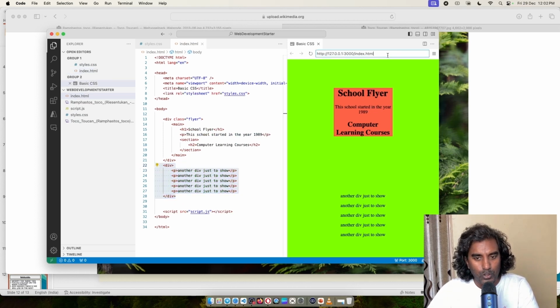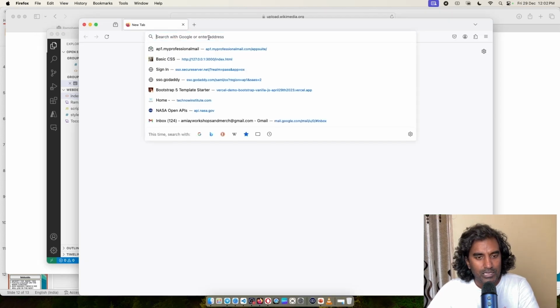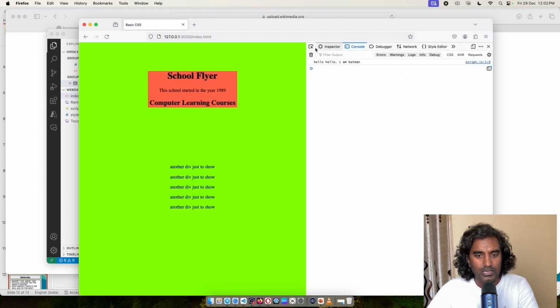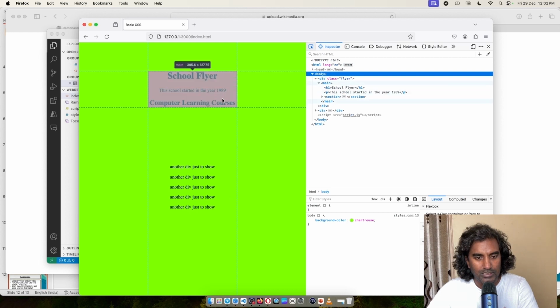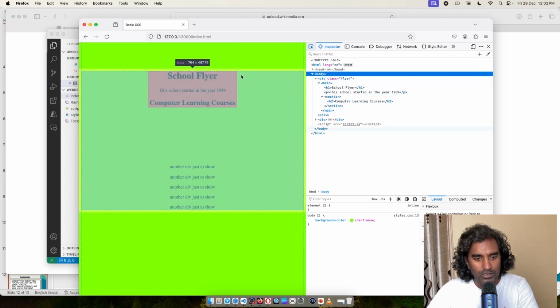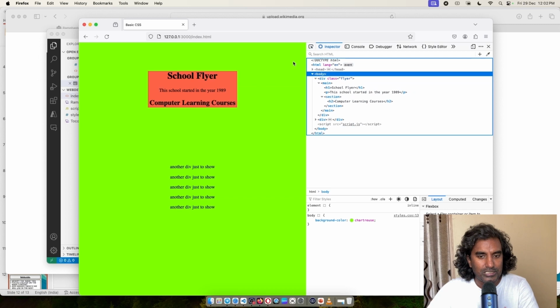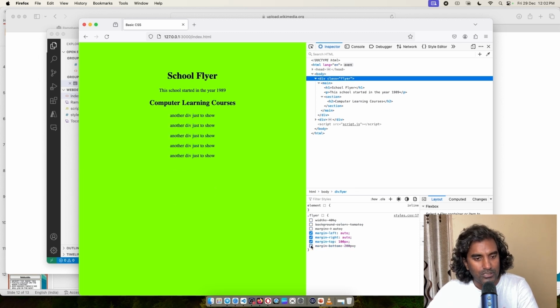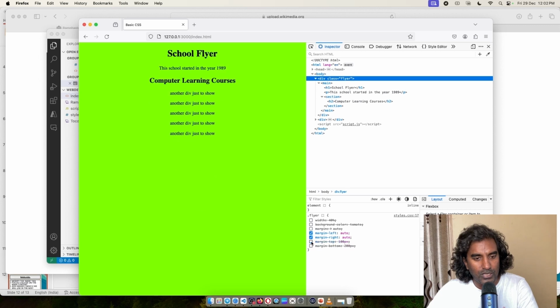And of course, you want to open this in Firefox and look at how this is happening. So go ahead and open the developer tools and start using the inspector. See, look at that. Right. So if I go here, that is the entire body. But if I go to the div class flyer, see, this is all the code that you typed. What if I remove the width? So that's what happens. What if I remove the background color? Oh, okay. What if I remove the bottom margin? Ah, I see. What if I remove the top margin?